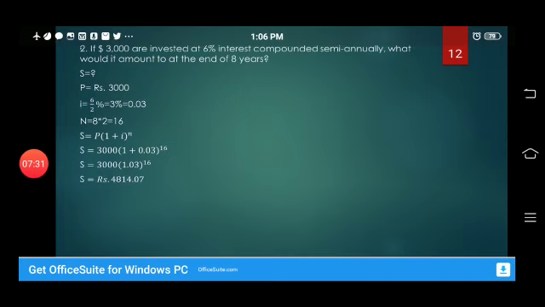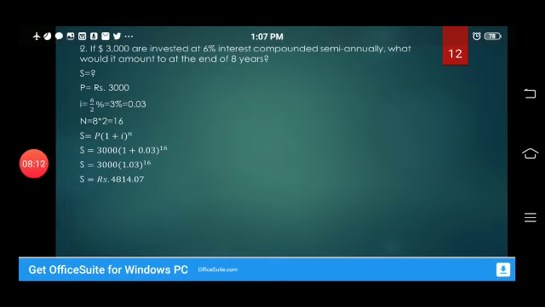तो total number कितनी बार हो गए एक साल में? If you are giving 2 times in 1 year, so it means that we are giving 16 times in 8 years. एक साल में 2 बार है तो 8 years में कितना हो जाएगा? 16 times हो जाएगा. So S is unknown, P is equal to 3,000, I is equal to 6% divided by 2, that is 3%, and N is equal to 8 multiplied by 2, which is 16. Putting this in the formula, we get S is equal to P (1 plus I) raised to power N. S is equal to 3,000 into (1 plus 0.03) raised to power 16, and 1.03 raised to power 16 is equal to